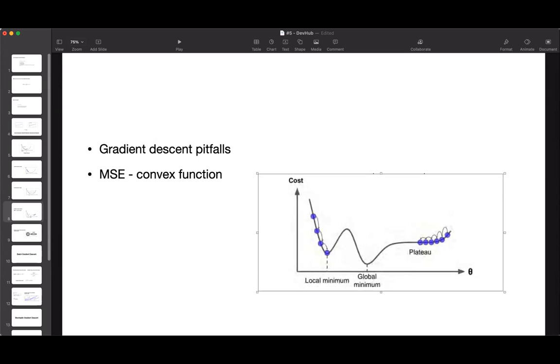It is also a continuous function with a slope that never changes abruptly, unlike this curve. This is not at all looking like an MSE cost function. But we have taken the MSE cost function. Why? Because it is a convex function. There are no local minima. There is just one global minimum. And it is also a continuous function with a slope that never changes abruptly.